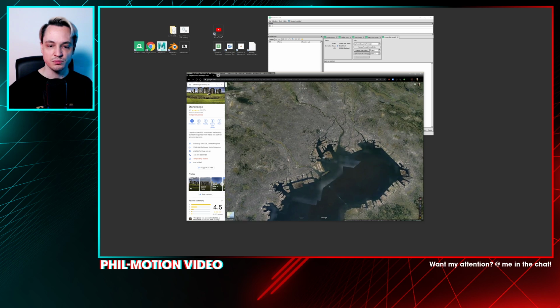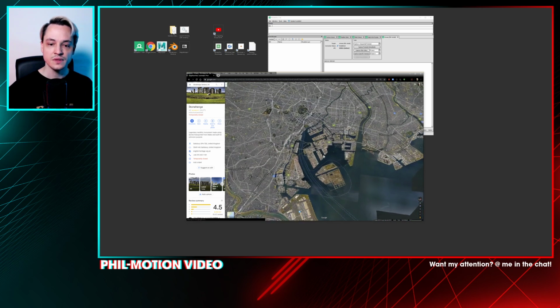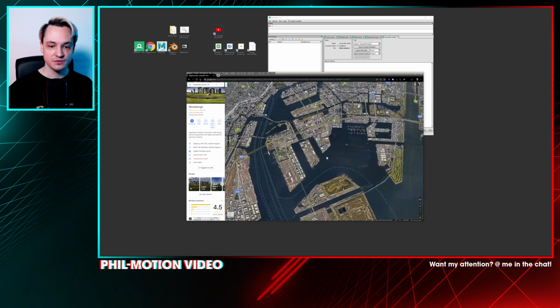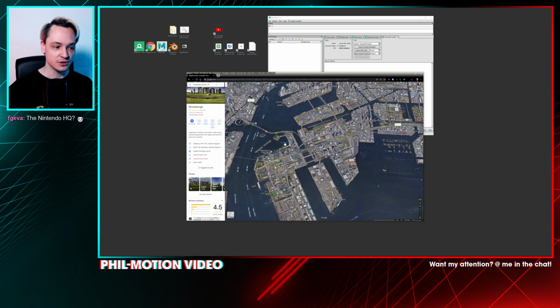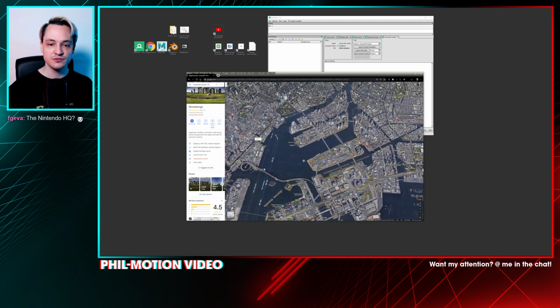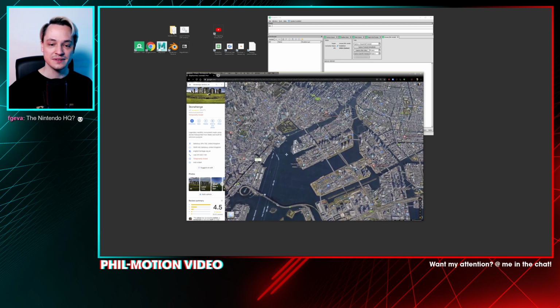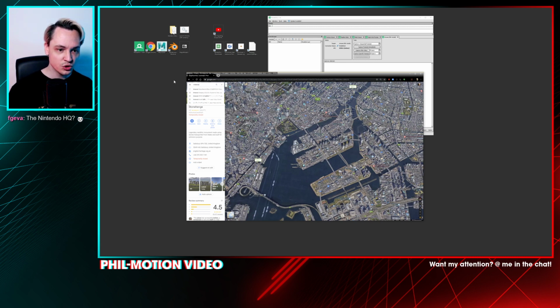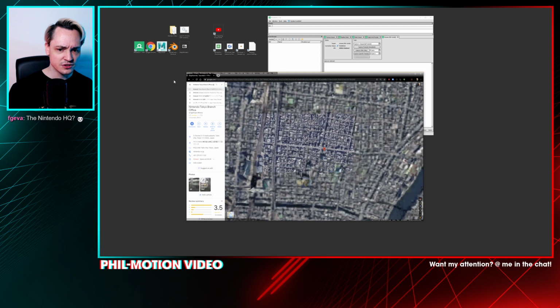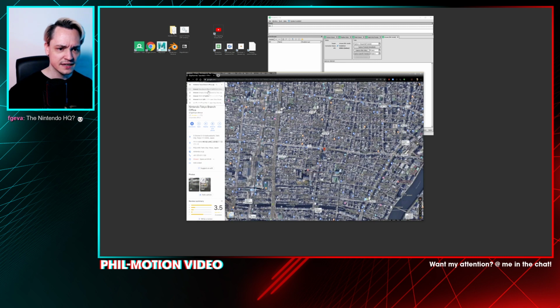Let's find the Tokyo Bay area here. A lot of fun stuff to be found in terms of buildings and so on. The Nintendo HQ, I have no idea where it is. This was my biggest problem that I had, at least with the original Nintendo HQ. But you know what? Let's try it. I think it's in Kyoto. Nintendo Tokyo branch office is here, and